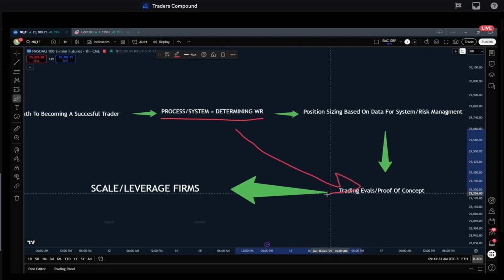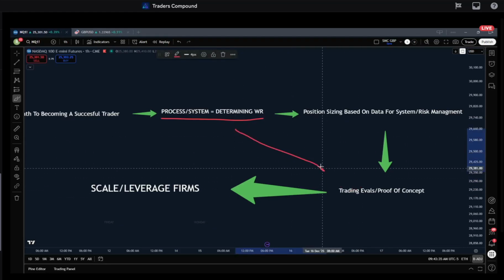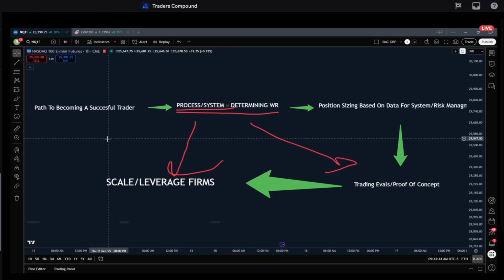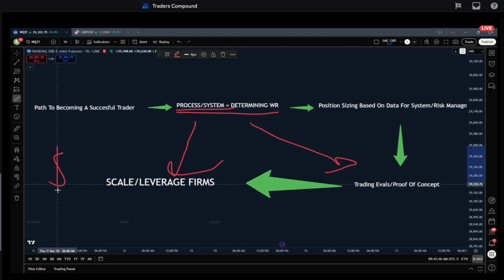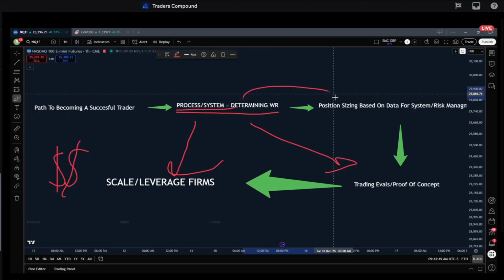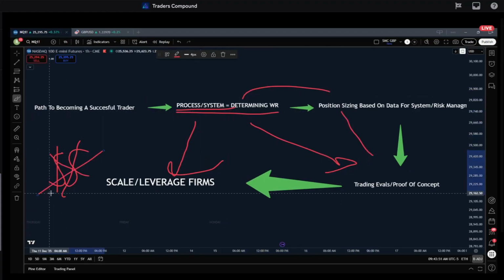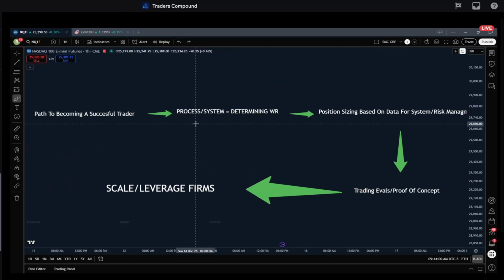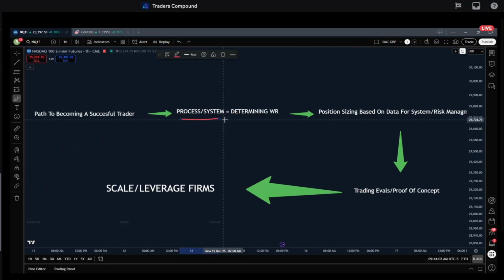Some of us dive into trading or trying to scale these evals. Some of us even try to copy trade accounts before we have this mastered. As traders, we love to skip steps to chase dollar signs. If none of these things fall in place, the money is not going to come. Lucky for you guys, you have a lot of great tools at your disposal, right? One of the reasons I wanted to talk about this so heavily is because on these live calls and using the AIO, you have this process, right?